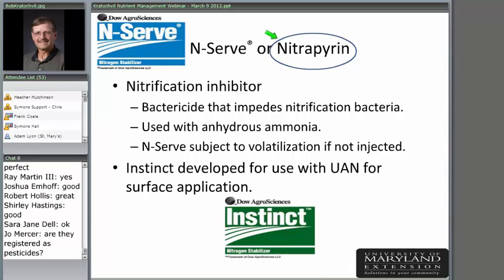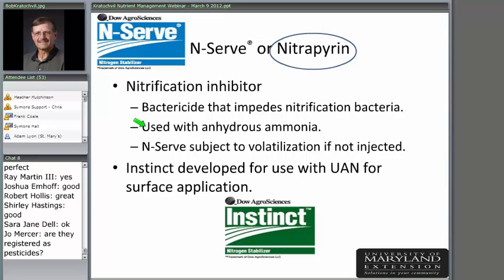N-Serve is actually nitrapyrin. Nitrapyrin is probably the nitrogen stabilizer product that's been around the longest. It is a nitrification inhibitor, which means it's a bactericide. It is used with anhydrous ammonia and has been used extensively with anhydrous ammonia for a number of years in